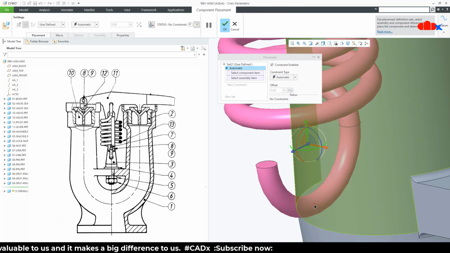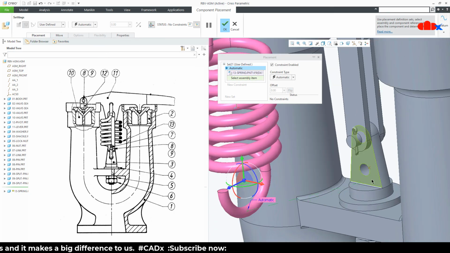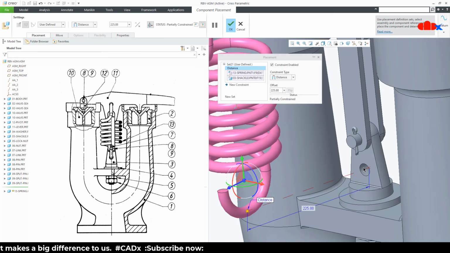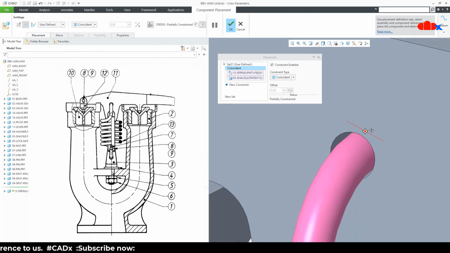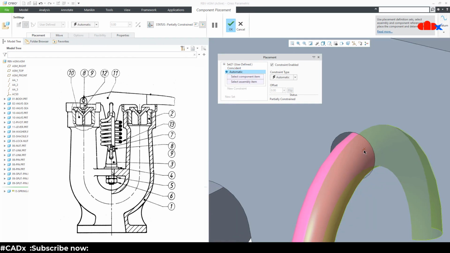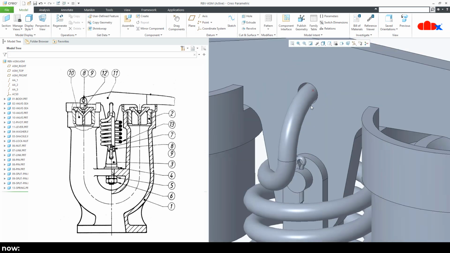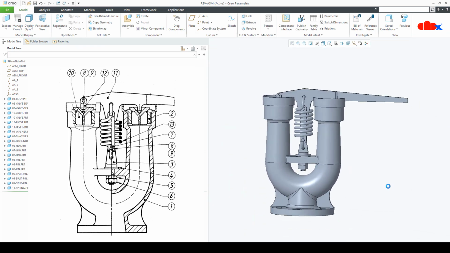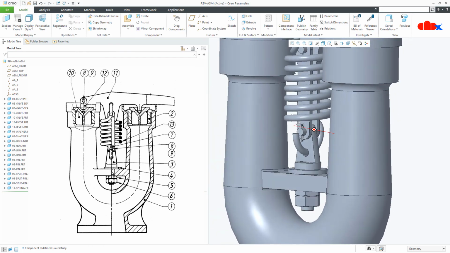Right click, select this point to this point, make it coincident. Next constraint, this point to this point and say OK. So all the parts got assembled.